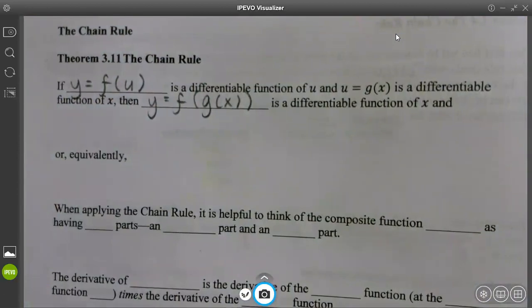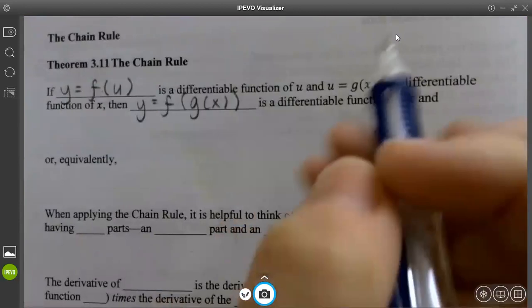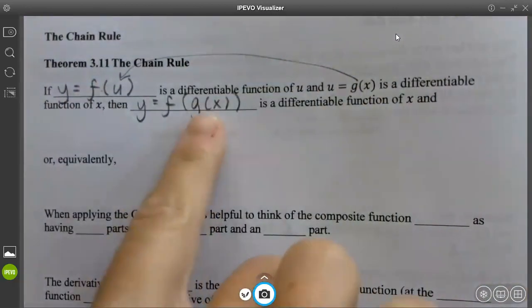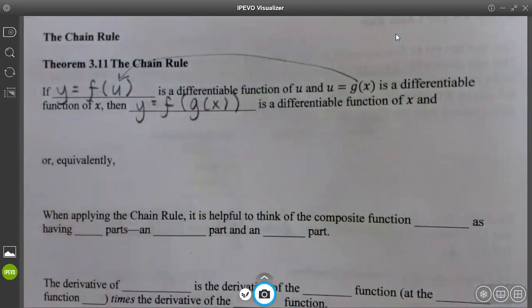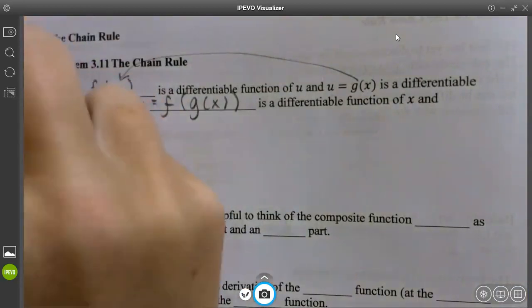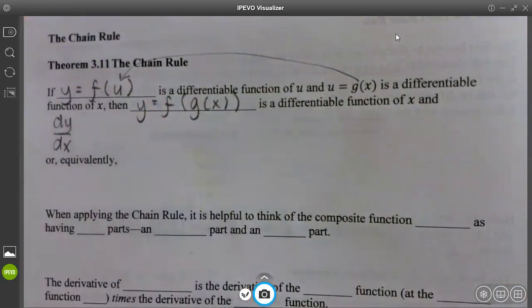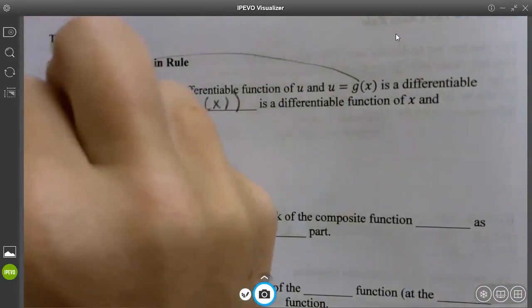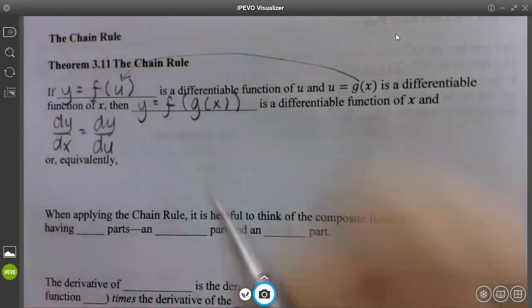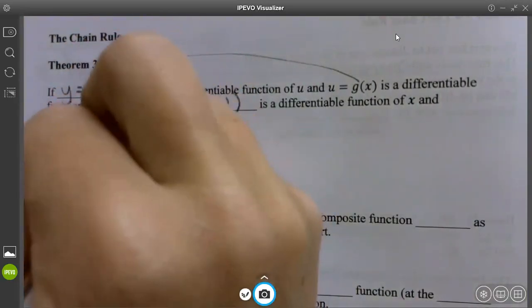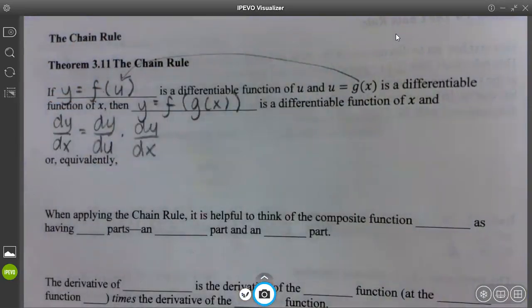So let me talk about this for a minute. If y equals f of u, and u is g of x, so we can plug g of x in for u. That's where they get this. There's your composite that they're talking about. Okay, g of x is within f of x. dy over dx, y'all, that's just another word for the derivative with respect to x, is dy over du times du over dx